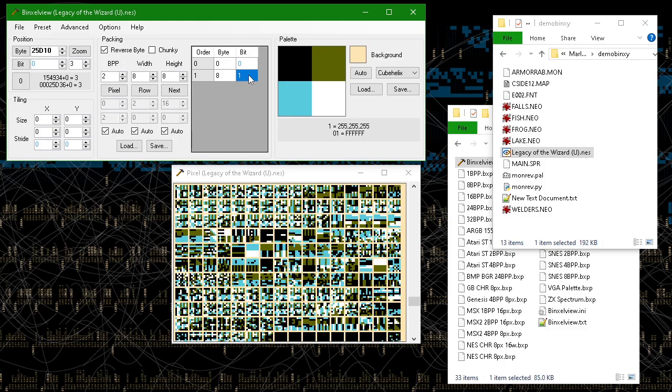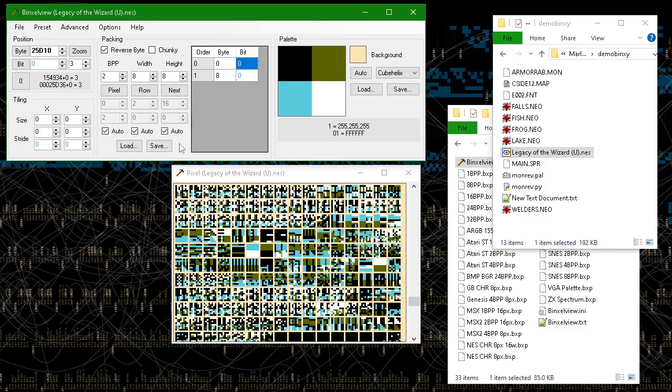But if we go 8 bytes ahead, that's actually where the data is. What happens is there's 64 pixels. You get the first bit of them, and then you have 64 more pixels in another 8 bytes.